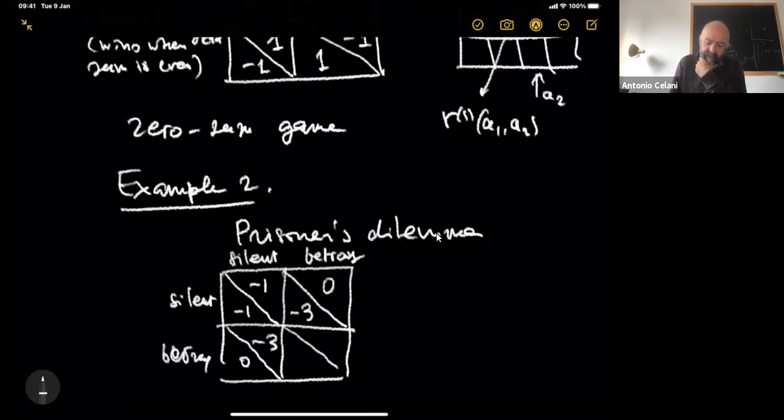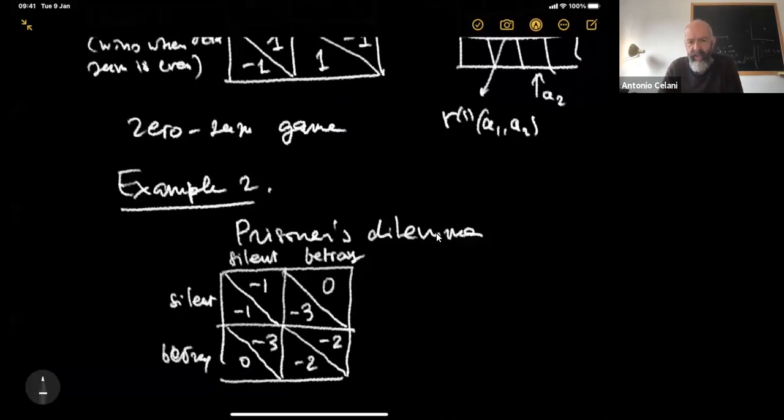And if both betray each other, okay, both of them get 2 years in prison. Because the value of the betrayal is considered to be less if both of them betray. Let's take the game as it is. Okay, you can argue that this makes sense. But there are other ways of writing these games, of course. As a matter of fact, as a side remark,